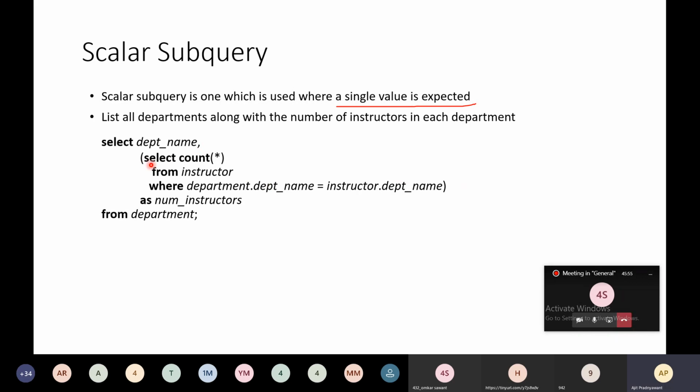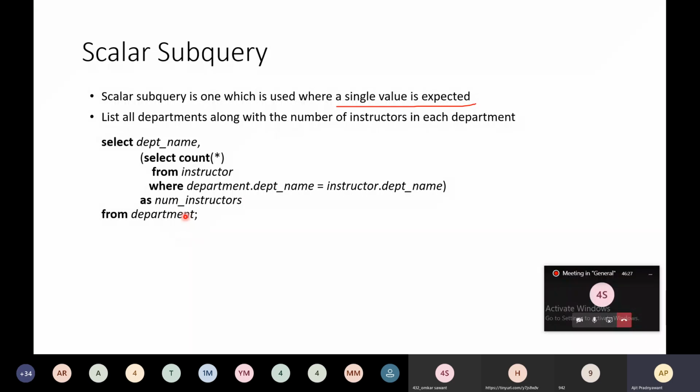Select count star means you are counting all the tuples, and it will retrieve only a single value. Keep in mind, it retrieves only a single value. It will count from instructor where department dot department name is equal to instructor dot department name as number of instructors from department.